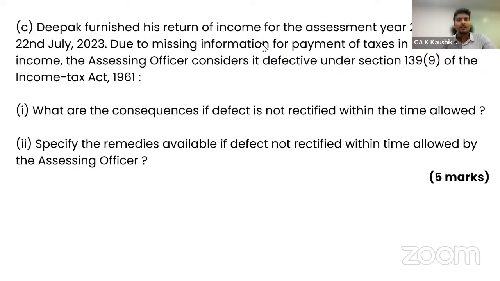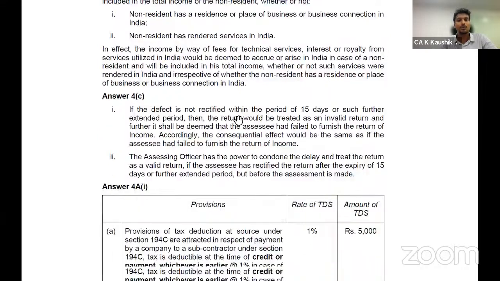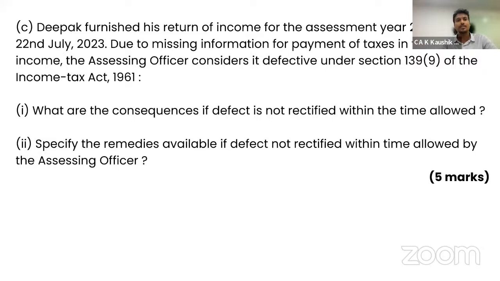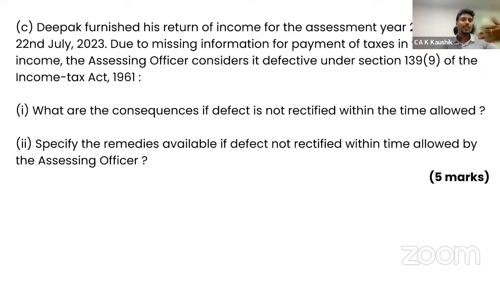So I think similar lines, the answers are given here also, that you can read through this, and that is all about the first alternative question that you have, 3 parts of 4A, B, and C. If you see here, all the procedural aspects are asked, and the scope of total income question is asked from chapter number 1 and 2, and return of loss from chapter number 12 and 13. And then you have the consequences, again, the return filing chapter.